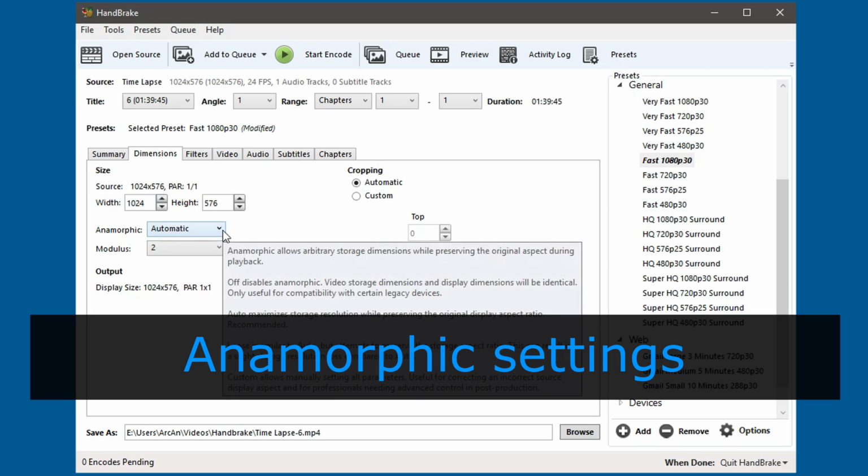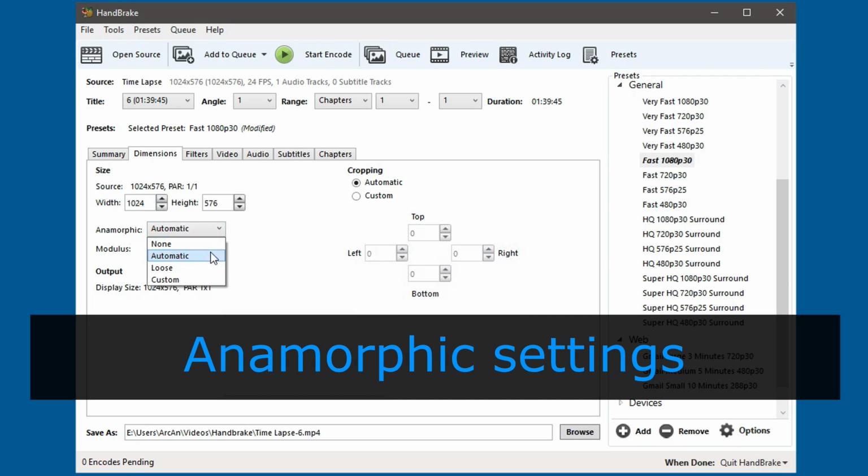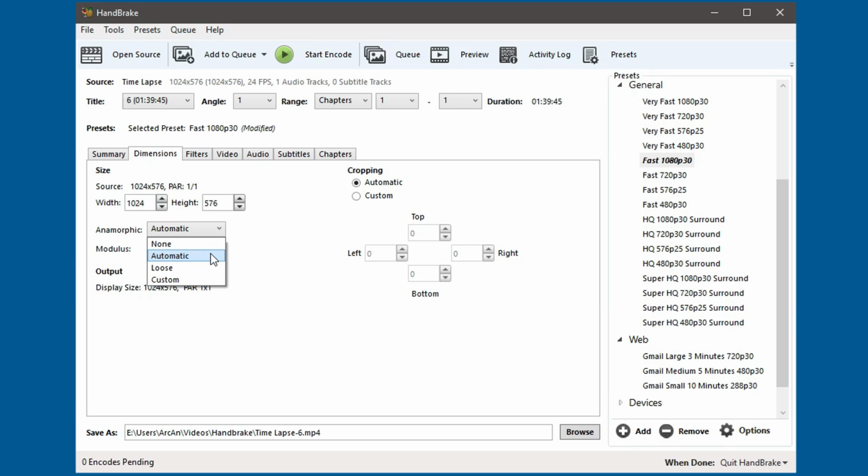The anamorphic settings here, I think for most people automatic is what you'll stick with, or none. And if you're trying to work out a problem where a video is not displaying the correct aspect ratio, then you would put it into custom mode.